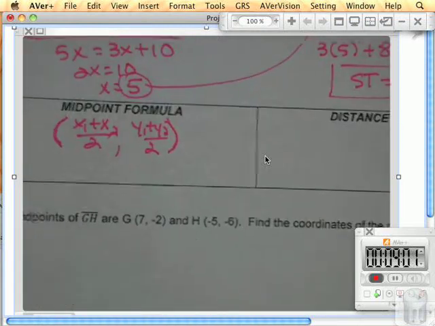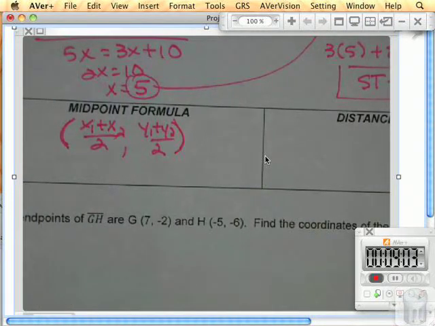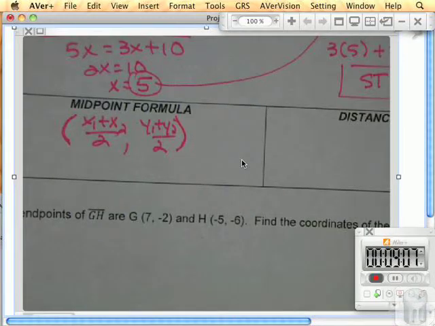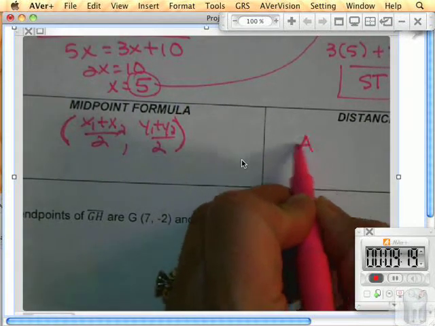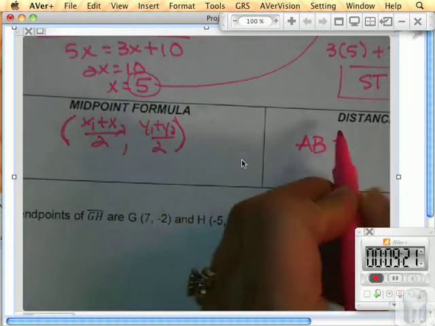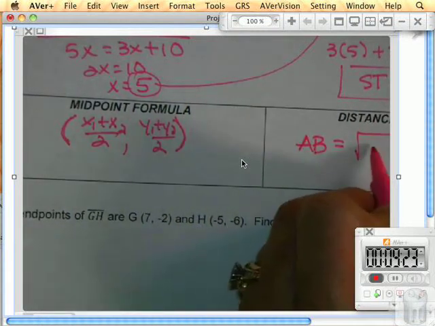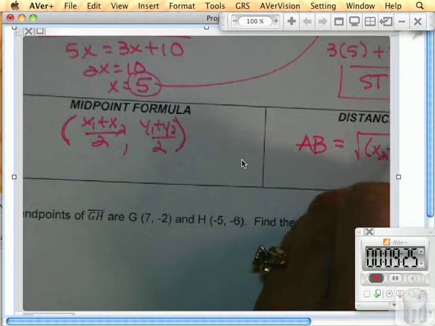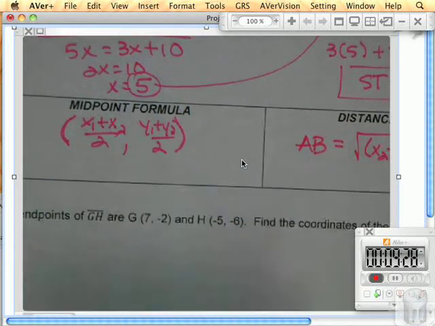Distance formula is derived from the Pythagorean theorem. So if you're really bored Friday night, you can Google how does the distance formula come from the Pythagorean theorem? Doesn't that sound like fun? No? Okay. Otherwise, you can just memorize it. AB is equal to the square root of (x2 minus x1) squared